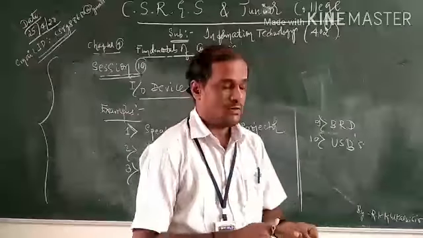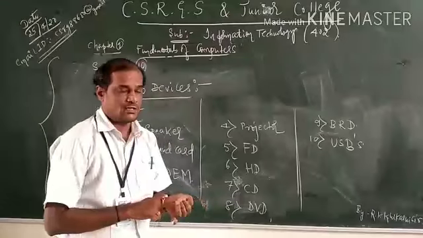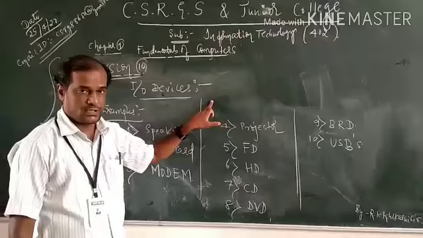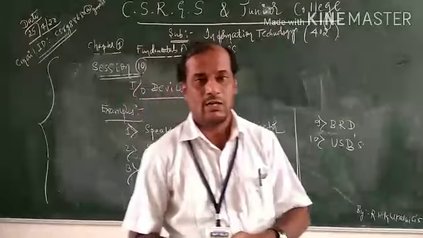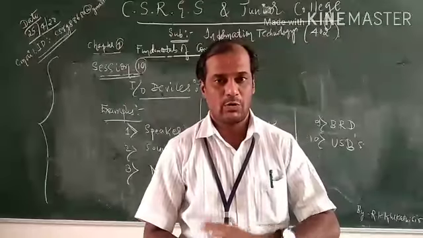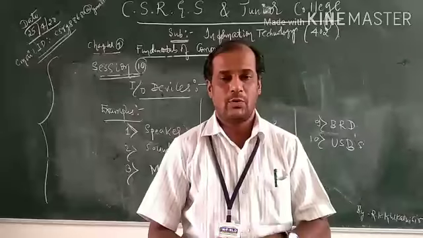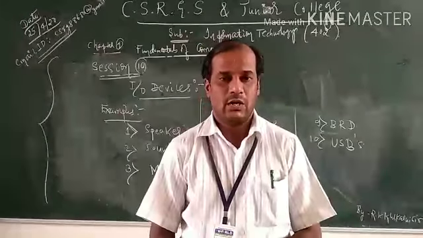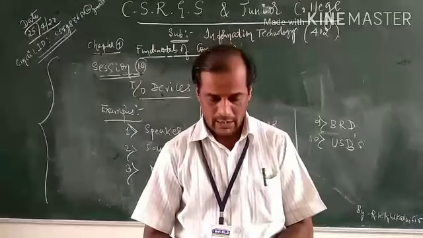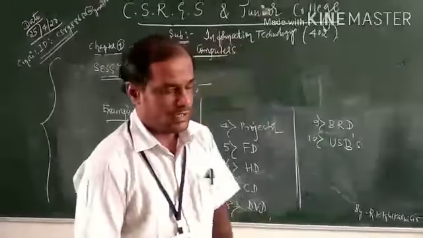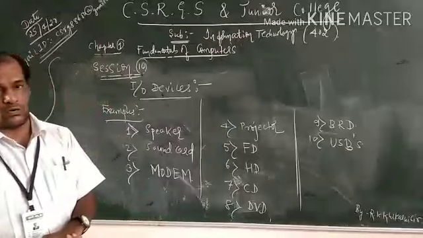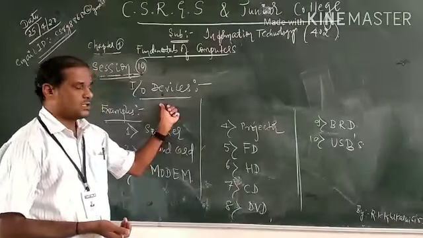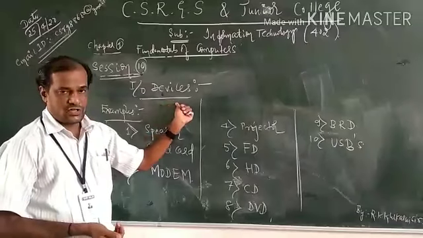Hence I/O devices are defined as electronic devices which behave like input devices as well as output devices. These are common devices which we come across in computer technology, computer applications, or computer literature. Some devices are only input, some are only output, some are both. Those which are common are called I/O devices. Hence the definition is clear, I think.